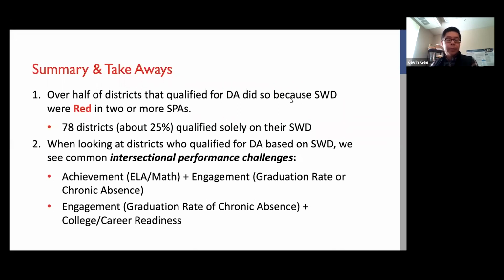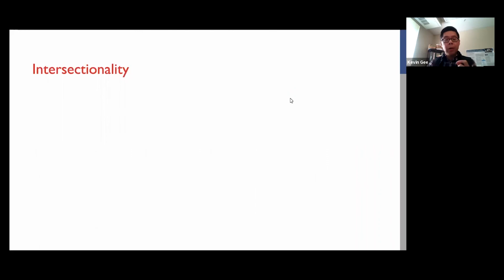So we see that students with disabilities have low achievement in ELA and math, as well as student engagement, either their graduation rate or chronic absence. So again, I think these are areas of challenges, but also areas of focus and targets of opportunity. Similarly, districts are qualifying for DA based on both engagement as well as college and career readiness for their students with disabilities populations. A couple of questions that I want to pose to the group and broadly